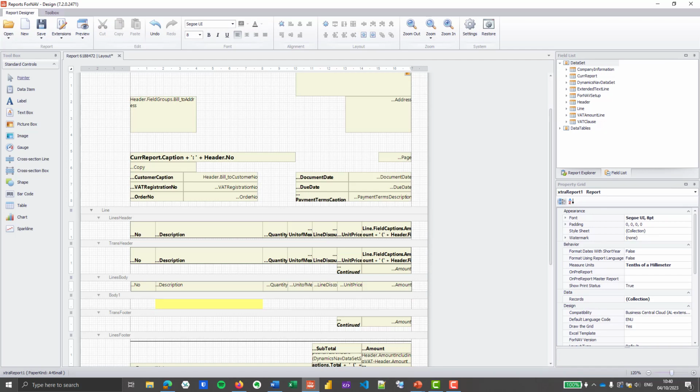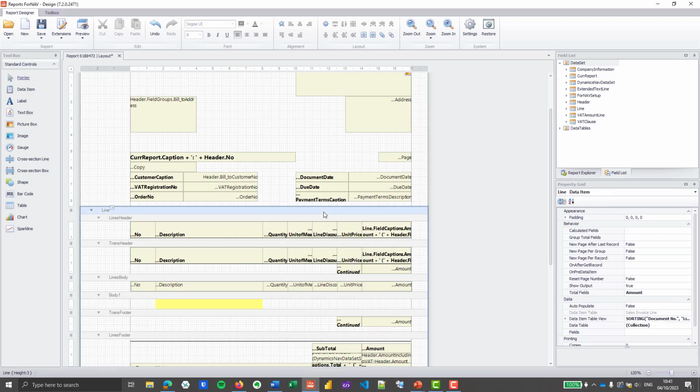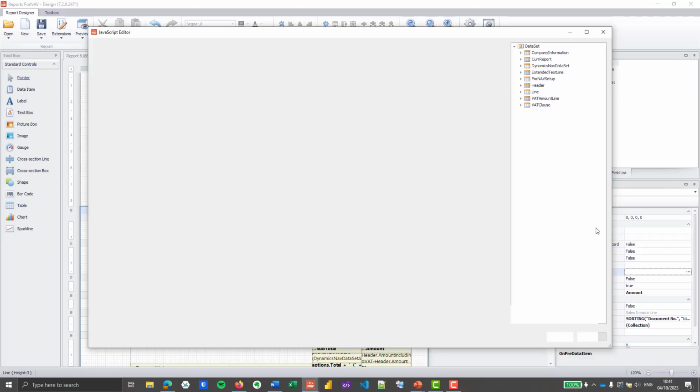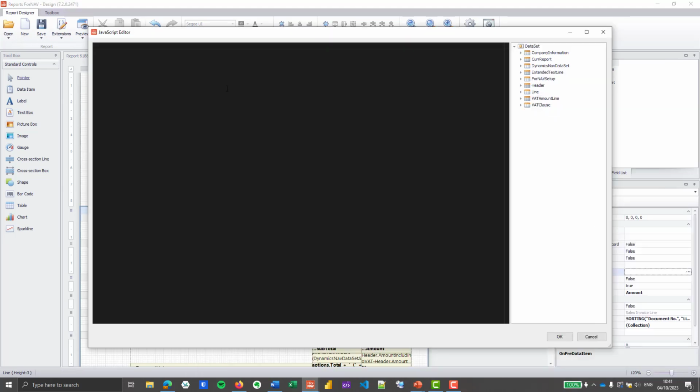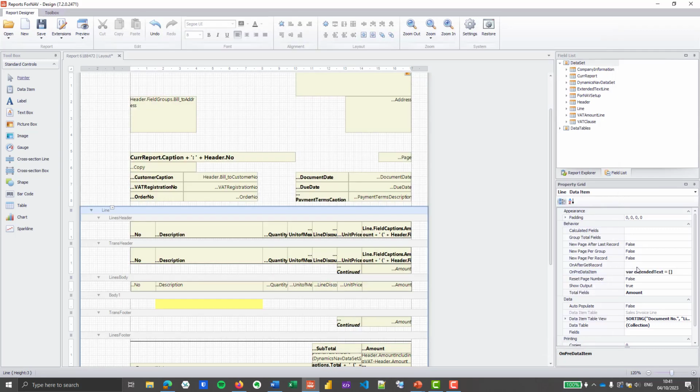Now next thing of course is to get the actual data that I'm going to need. To do that I'm going to need to write a little bit of JavaScript because, as I said, I'm going to get data from multiple records, not just a single one. But I've got 2 lines for every language, so I'm going to add a variable which I'm going to assign as an empty array. And arrays are nice because I can just push data into it and use it whenever I need it. Then in my line on after get record,